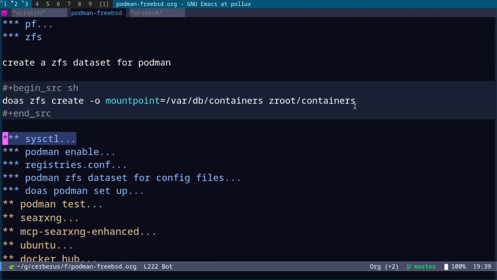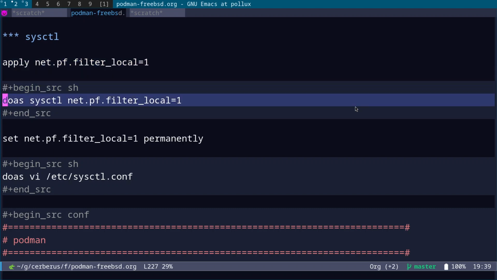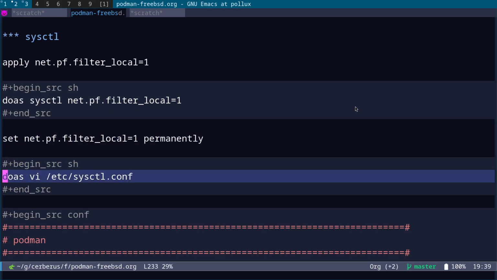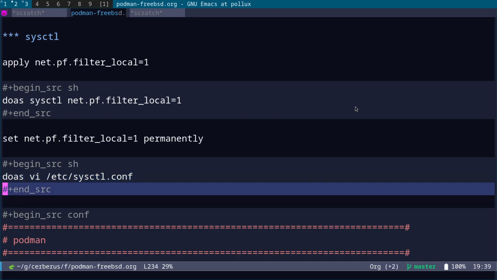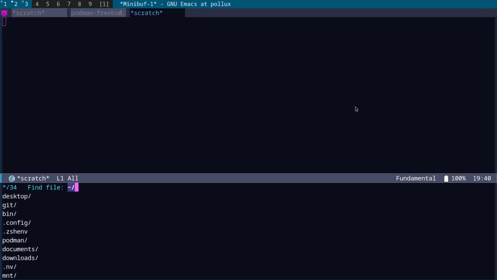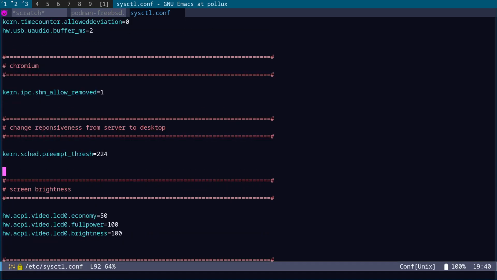So next thing is sysctl. What we want is to have net.pf.filter_local=1. So you can do that with doas sysctl net.pf.filter_local=1. And you can edit your /etc/sysctl.conf and add that in there. So let's have a quick look at that. So /etc/sysctl.conf, and